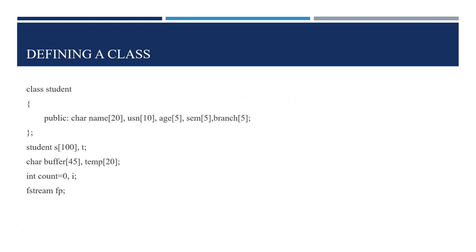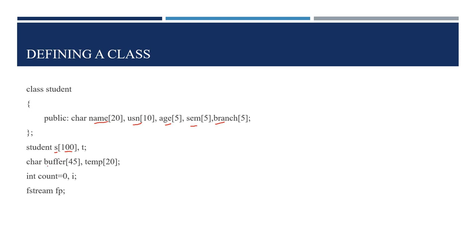So let us consider the class student defined for the program. We are considering a class student with a few variables that consist of the name, USN, age, semester, branch, and all these variables are of variable length. The length of a variable is not fixed in this particular class. We are creating an instance of the student, S, with the maximum number of students that can be stored being